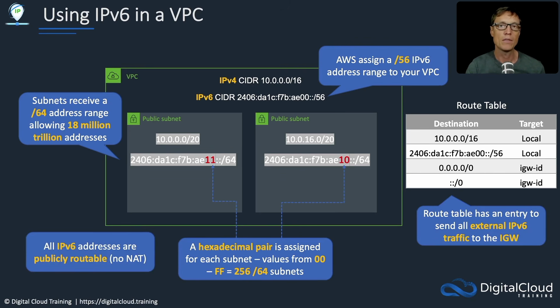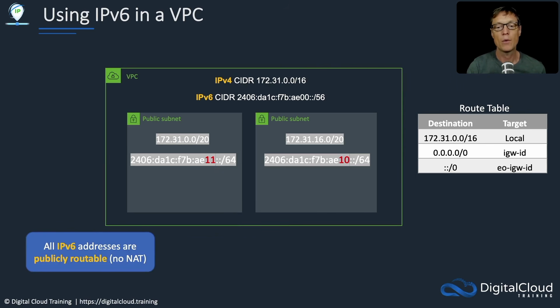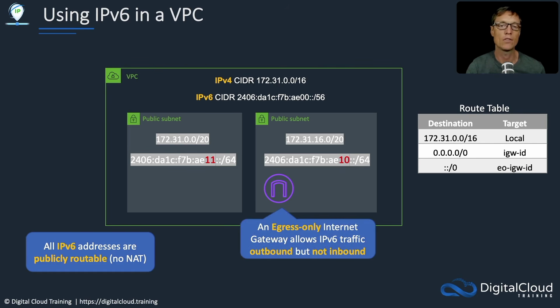Now, all IPv6 addresses are publicly routable. That means there's no network address translation. Now, if you want to, you can use something called an egress-only internet gateway. Now, the purpose of this is when you want to allow outbound access only